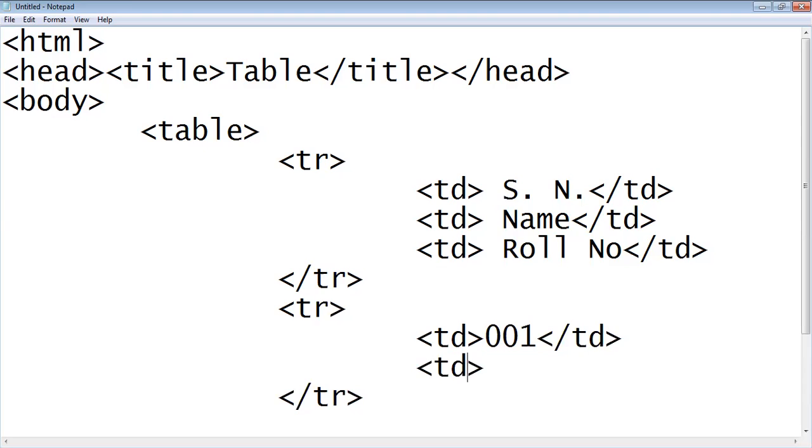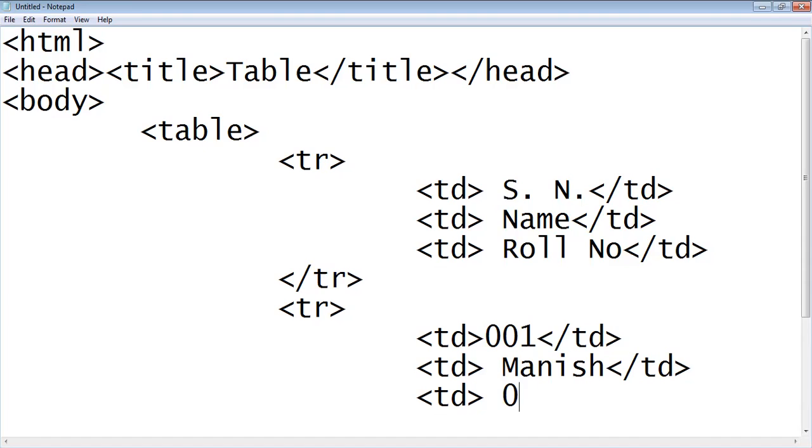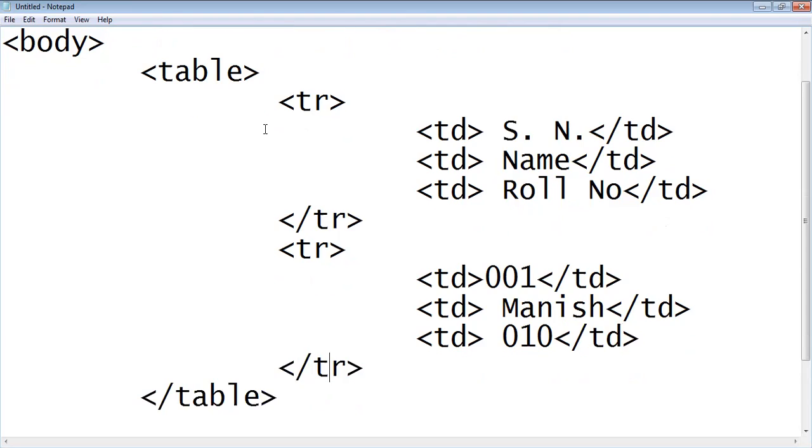Again, we will take another table data, name, like we write Manish, and close that table data. Again, we will take a third table data, like the roll number is 010, and we close that table data. So this one is our second row.